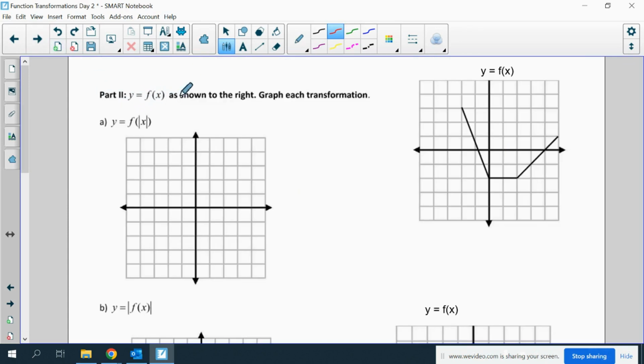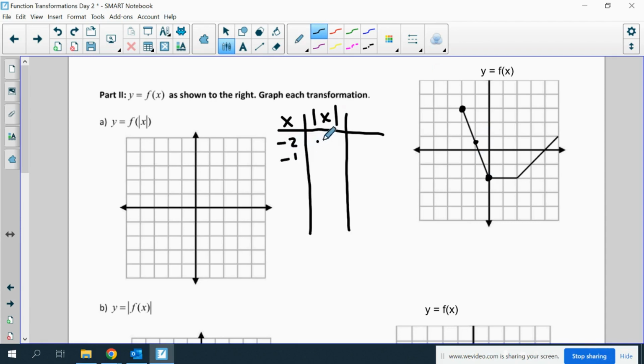Part 2, we're going to graph some of these. So if I take absolute value of x and then do the function value of that, let's quickly make a chart. So if I just look at some of these values,